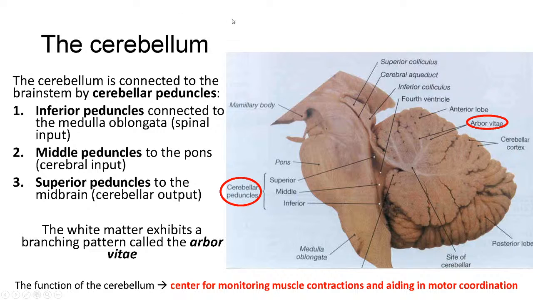So the inferior peduncles, seen down here, are going to connect the medulla oblongata to the cerebellum, and of course the medulla oblongata is seen here, so you could probably guess that. The middle peduncles are going to connect the pons, this structure, to the cerebellum, and then the superior peduncles are going to connect the midbrain to the